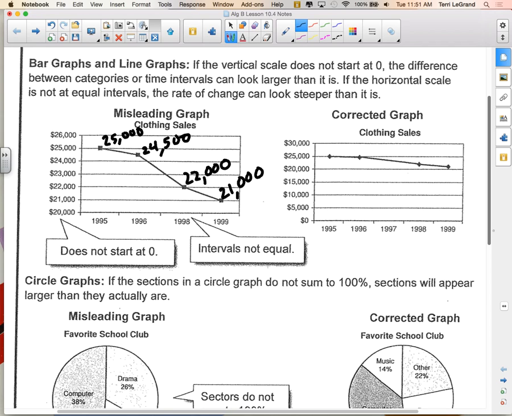And then here it looks like it dropped quite a bit. So if they want to say, you know what? Look at in the middle there, it dropped $2,500. Did it really drop $2,500 a year? No, because that's a 2-year period, isn't it? So how much did it drop in that year, each year? $1,250